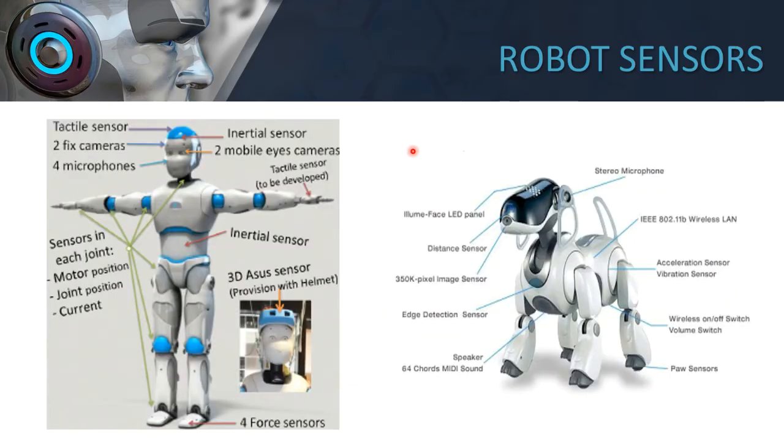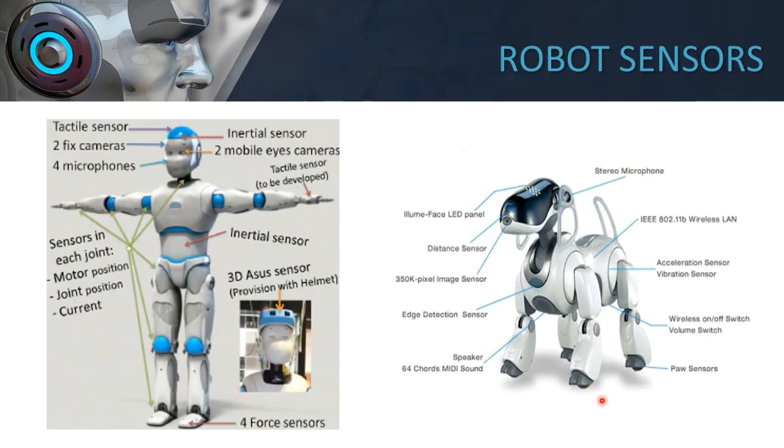So there are two images depicting the sensors present in a robot. You can see a humanoid robot which has a lot of sensors. One is a tactile sensor above the head, and then there are two cameras to see the environment, four microphones to grasp the sound in that particular environment, and then there are sensors in each joint. You can see here there are so many joints, one at the neck, and then in the hand there are three joints, and then a knee joint in the leg. There can be so many sensors depending on your application.